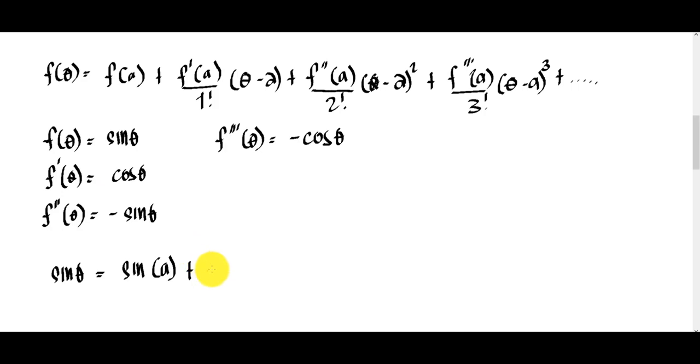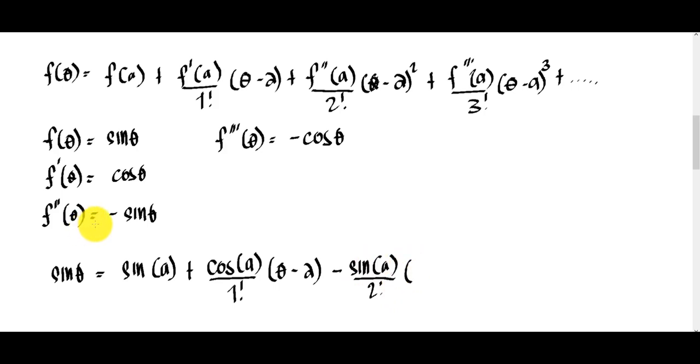This one will be cosine of a divided by 1 factorial, then we have your theta minus a, then plus the second derivative. Change this one, so it will be now sine of a divided by 2 factorial. The second derivative is negative sine, then we have your theta